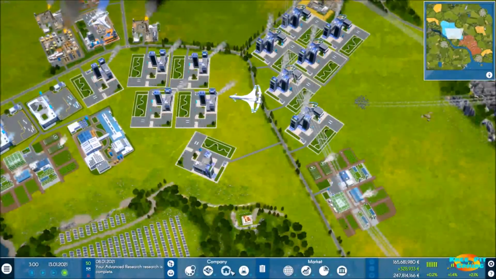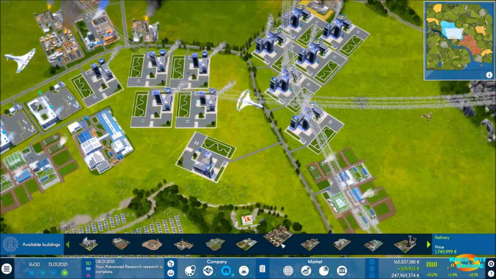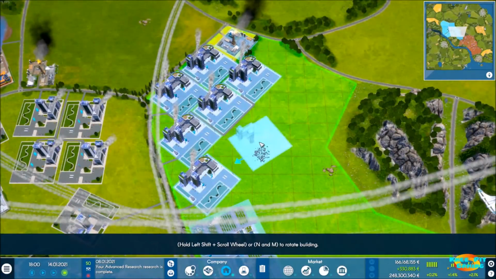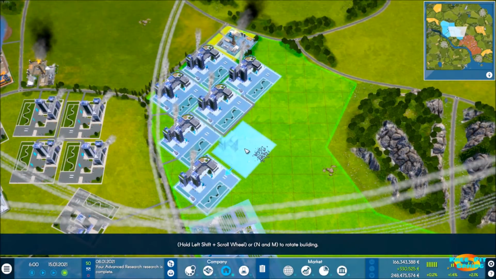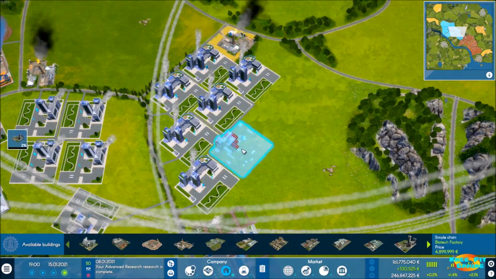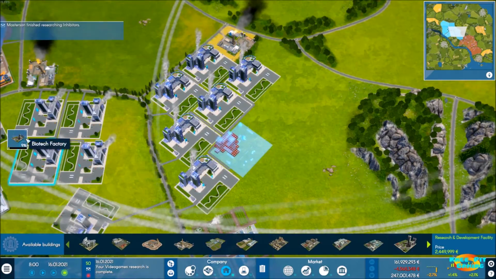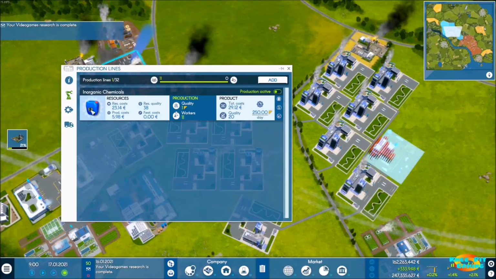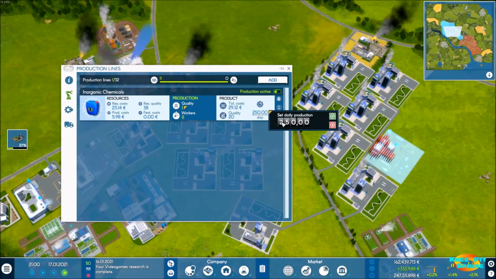Okay, let's come over and let's do another. Let's see, where is it at? There it is, Biotech Factory. Let's try to wedge this in here pretty good. And we got everything on fast forward. So now, while that's working, I'm going to go ahead and adjust this